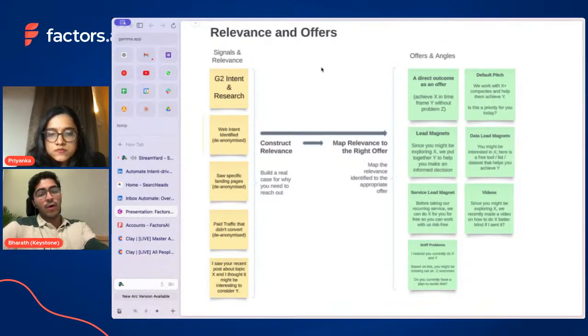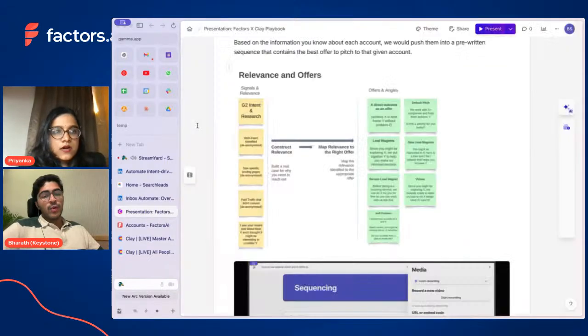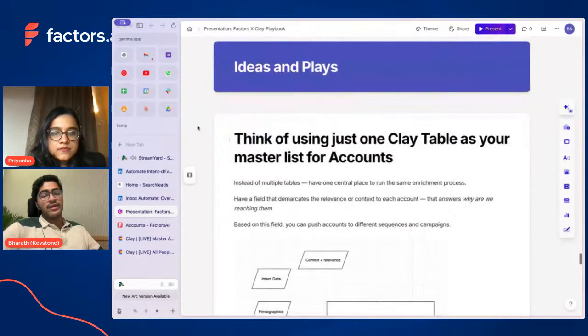It gets a little long, and so I'm trying to write an API that can just be one column within a Clay playbook. Imagine we've found a LinkedIn ad view, we found all this activity, we've seen that they compared us with competitors, and we then instantly figure out that they might need one out of our three product offerings, and we go out with the right email plus LinkedIn combination. So that's one type of thought, or one type of iteration.